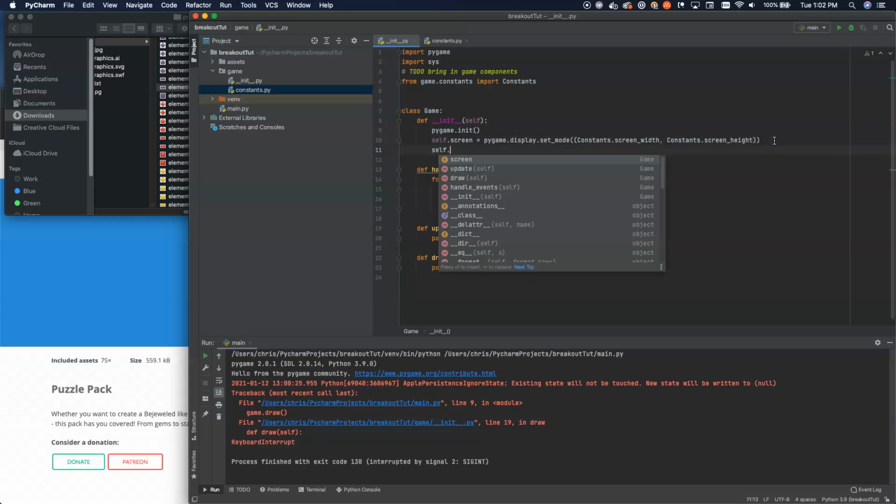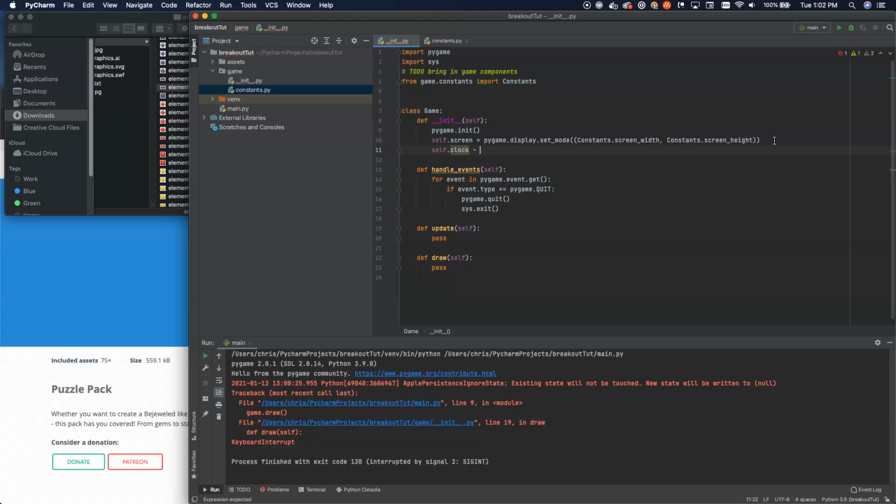We'll call self.clock equals pygame.time.Clock. So we'll set up our timer so that we can see how much time has happened in between each frame. Okay? Now, before we go and actually start drawing this and showing things to the screen, let's set up